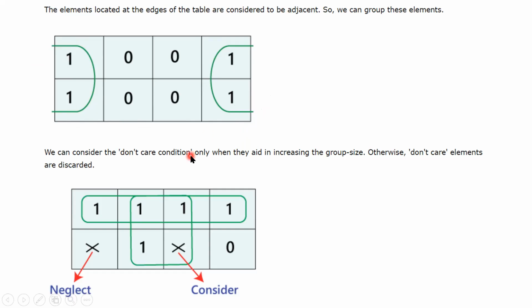Next is, there will be many cases, when you will now study circuits after K-map, where I cannot decide based on some function कि मेरा output 0 होगा या 1 होगा. Because my output will be either 0 or 1. But it might happen कि sometimes I'm getting a 0, but with the same combination, sometimes I'm getting 1 also. It happens. There are many different types of circuits which we will see where I cannot particularly say कि इसके लिए तो मेरा output 0 ही होगा और इसके लिए output 1 ही होगा. I cannot say. Sometimes it might be 0, sometimes it might be 1.